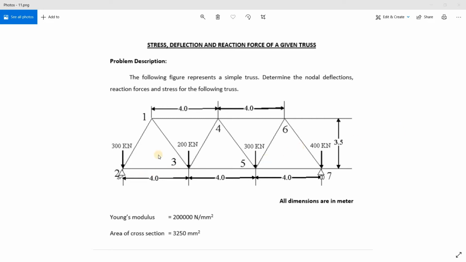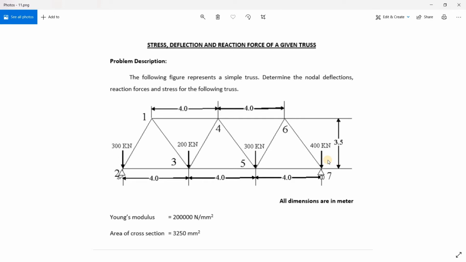In the diagram, they have mentioned all the units in meter and kilonewton. During the problem, we will use Newton and mm and we will convert accordingly. The point 2 is fixed both along x and y directions, while point number 7 is fixed only along y direction and it is free to move along x direction. Forces are applied at 2, 3, 5 and 7 points.